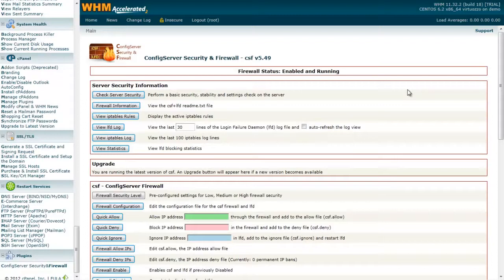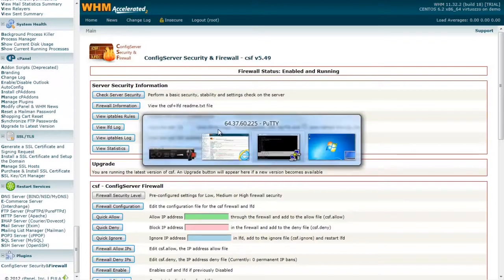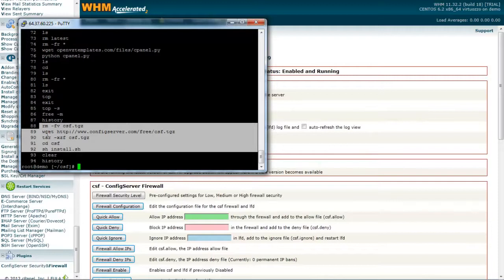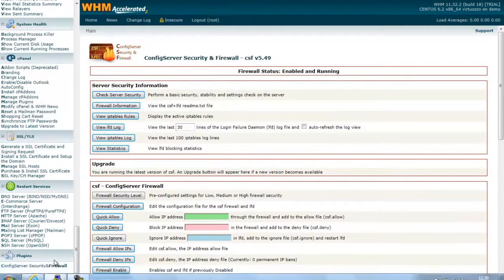To install CSF, you need to use SSH. Or if you've got a server management company, you could ask them to do it, or your provider. To install it, you want to go to SSH and run these 5 commands here, which will be in the description later on. Once you've completed those commands, go to ConfigServer Firewall under plugins,